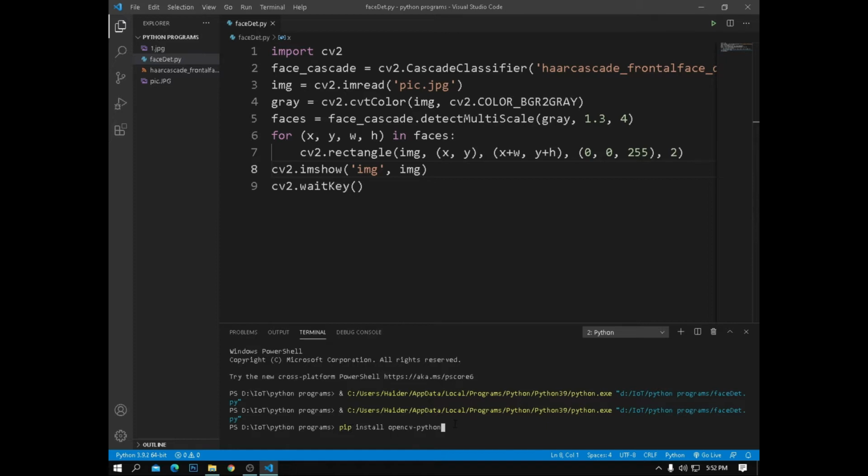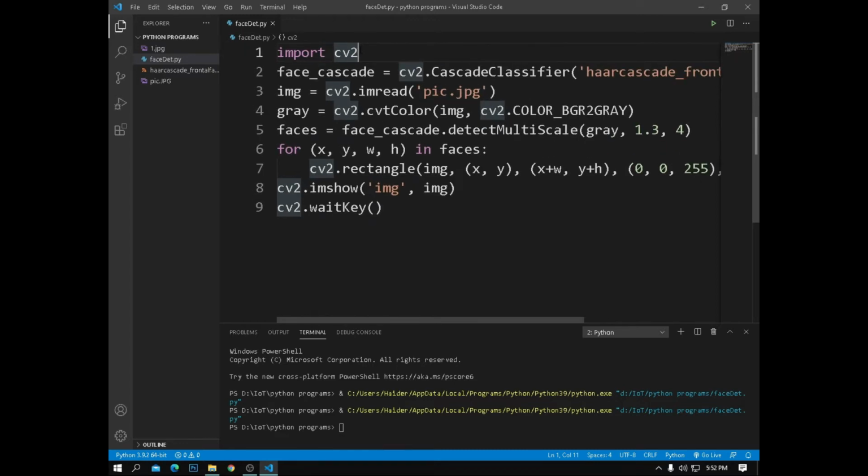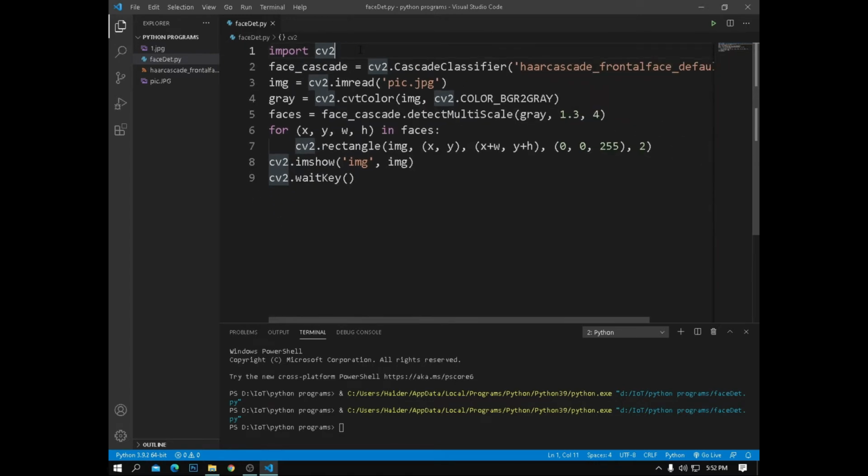Type this command and then you will be able to install OpenCV in your environment. Once you have installed OpenCV, you need to import the OpenCV library in your program. Now let me increase the font size.